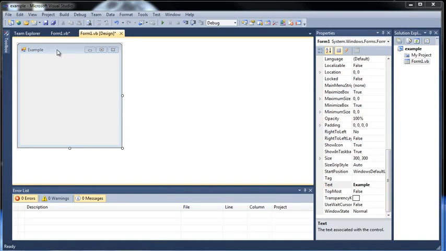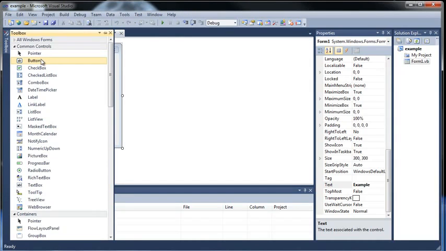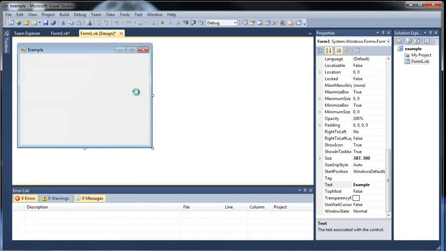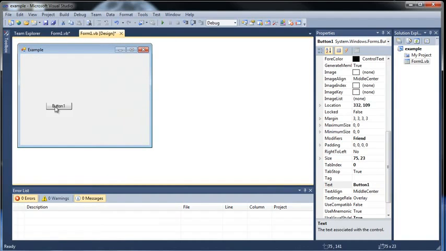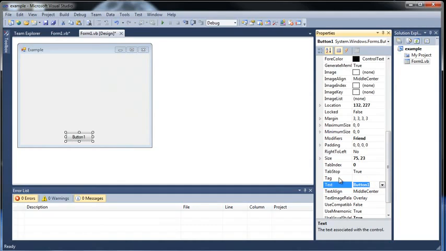So what if we want to create a button that executes a specific piece of code that we put in there? Well, let's see how we go about doing that. Go to your toolbox and click button, and I should probably stretch this a little bit and then just put it wherever. Then you can drag and move it wherever you'd like. So I'll move it to about right here. And what should we call it? Let's call it exit. And I can put a little ampersand in front of there,